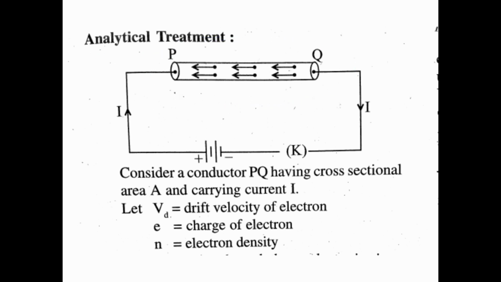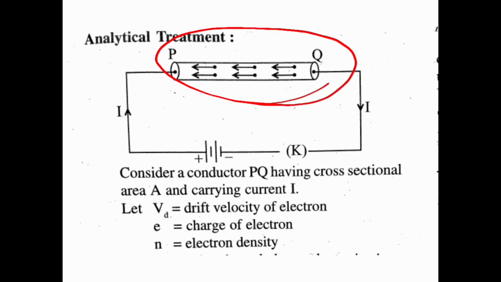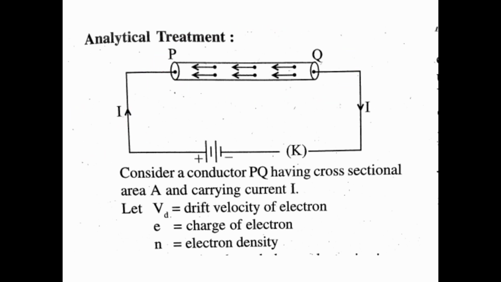Here a conductor PQ is available, and current I is flowing. We know that in whichever direction the current I is flowing, the electrons flow in the opposite direction. As the current flows towards this direction, electrons flow towards the opposite direction. So we have to consider a conductor PQ